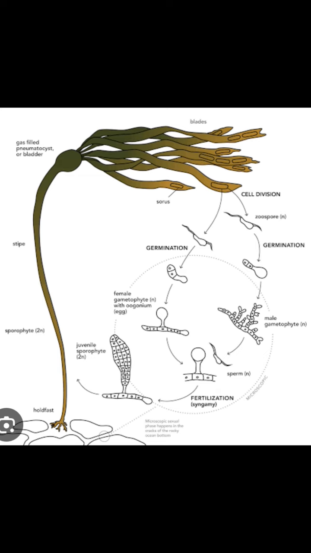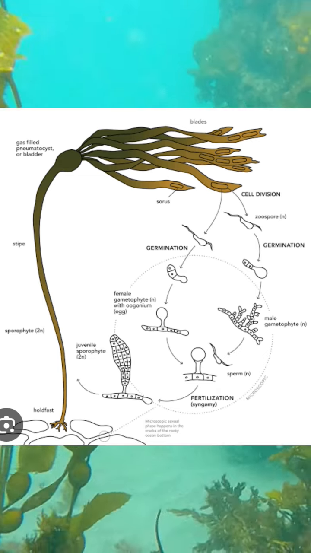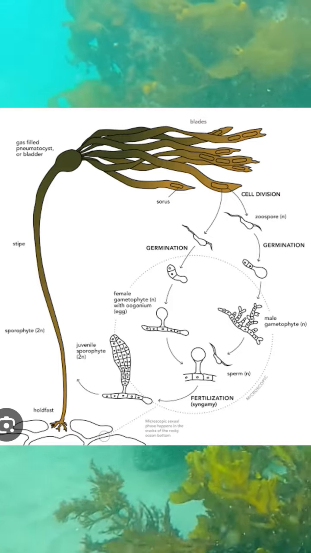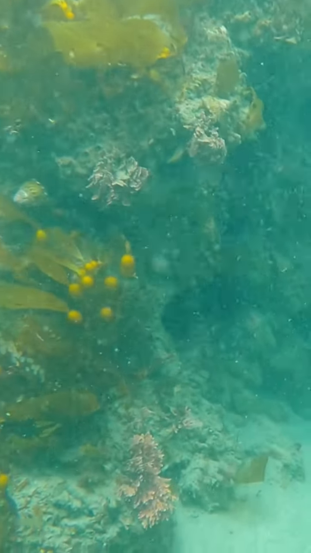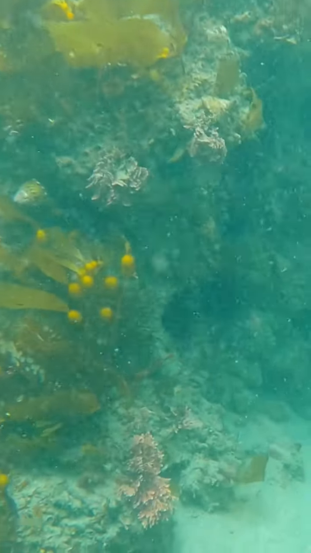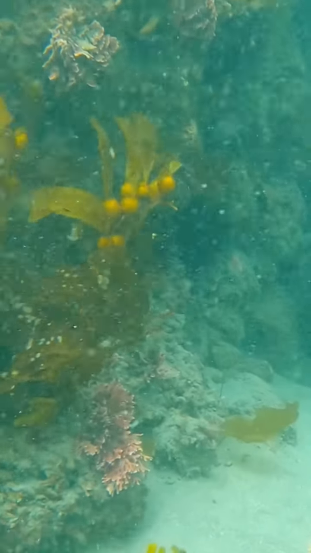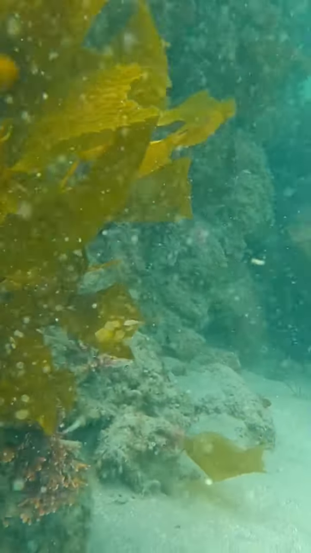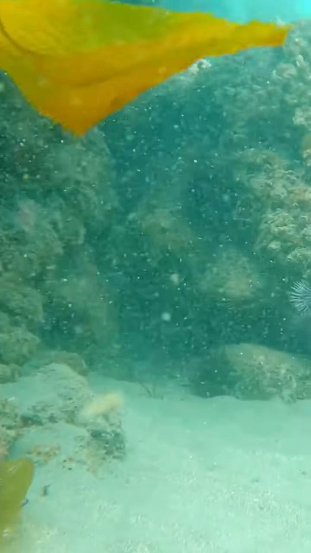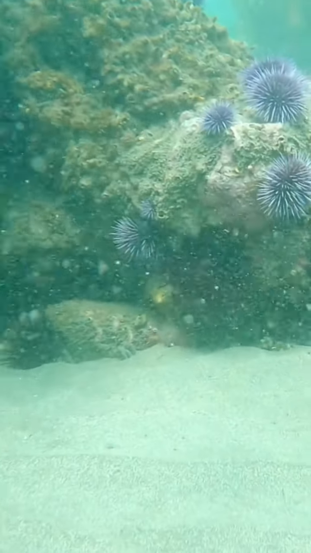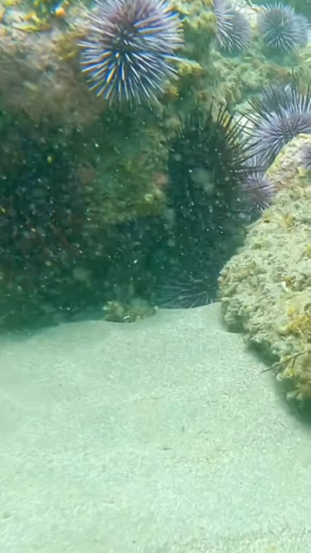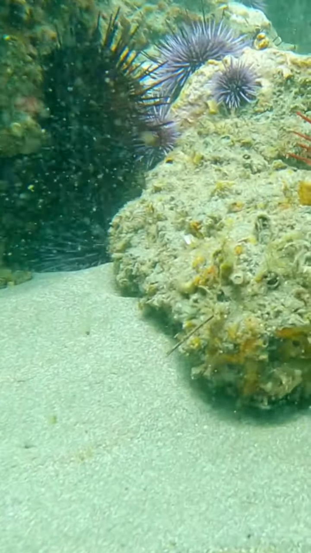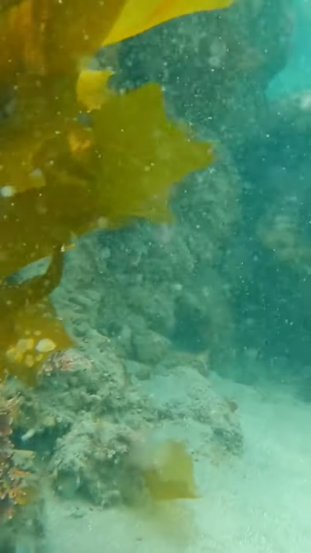So first, the life cycle of kelp goes: sporophyte, diploid, then meiosis, then zoospores, that are haploid, then gametophyte, which is haploid, then gametes are formed, then fertilization takes place forming a zygote, that is diploid, and a new sporophyte is generated. So kelp belong to the Phaeophyceae, the brown algae, order Laminariales, and the life cycle is heteromorphic, and the sporophyte is a